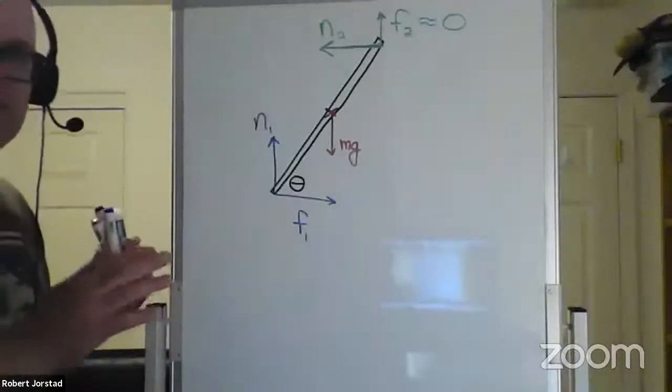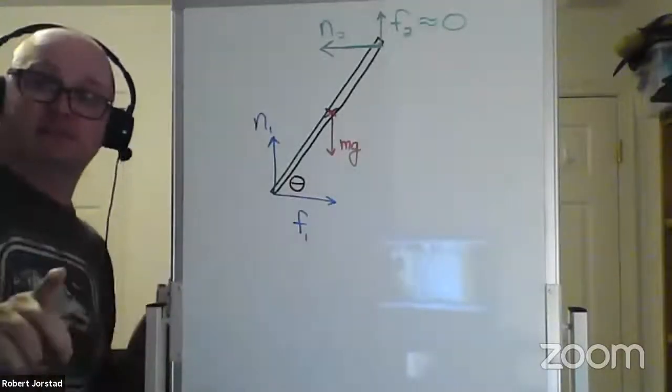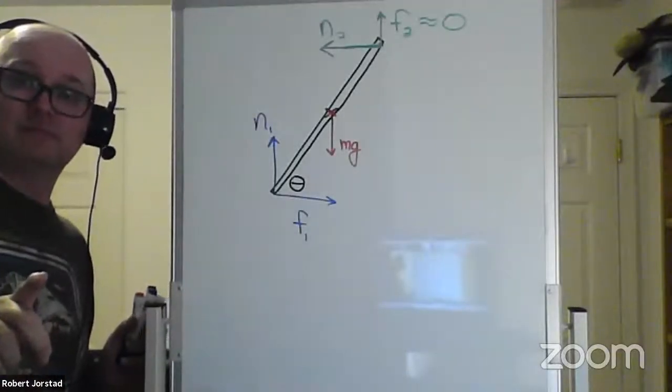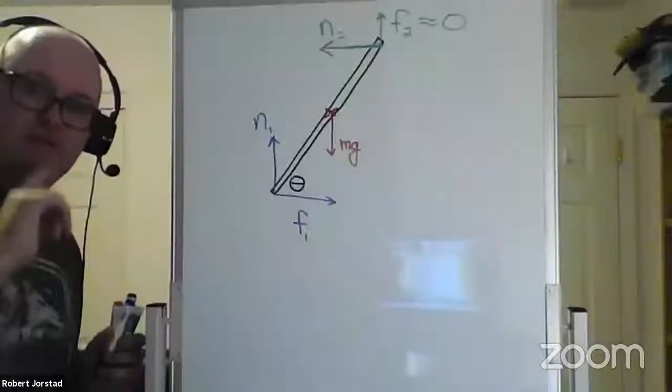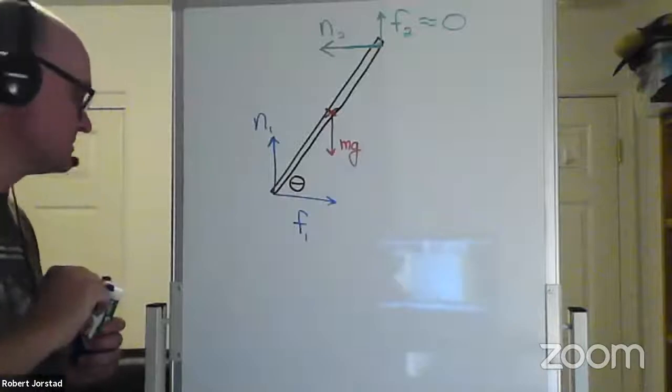All right? Wouldn't they be translating to the left? I am assuming this ladder is not slipping. So it's not going to slide out. Is that good? Yeah. All right. In fact, what would it look like? Well,